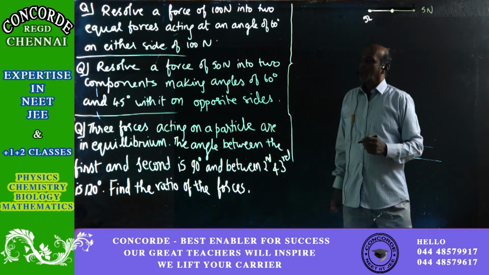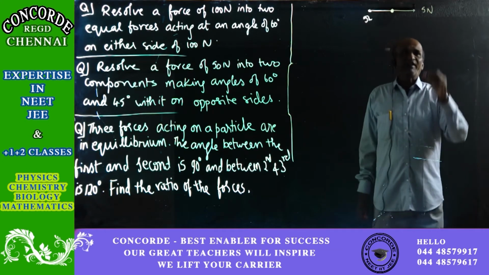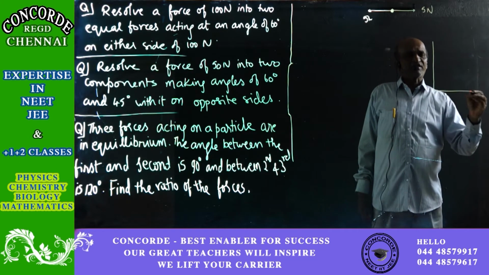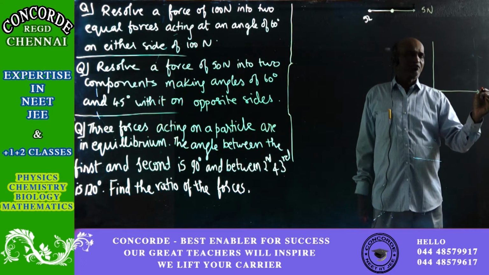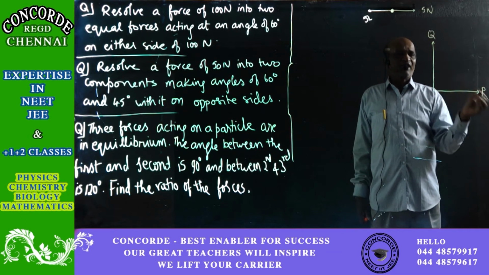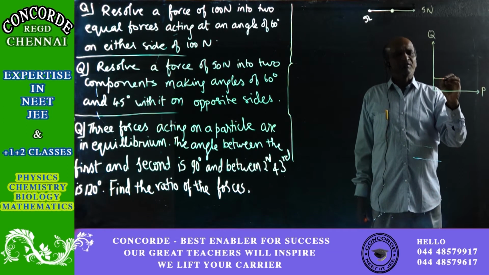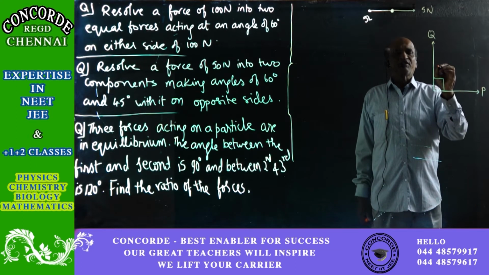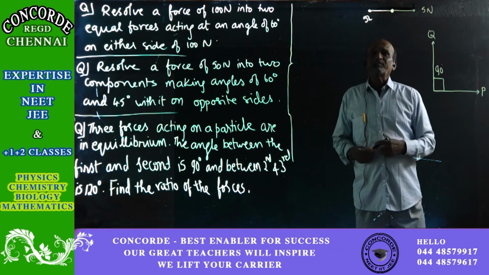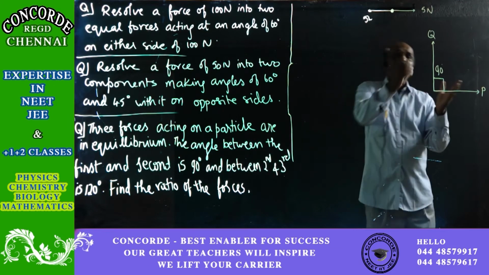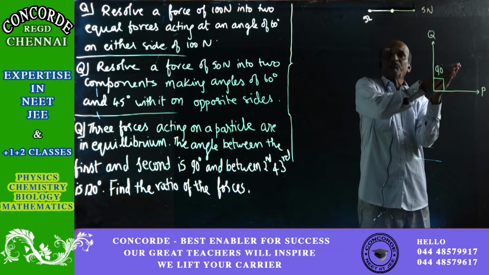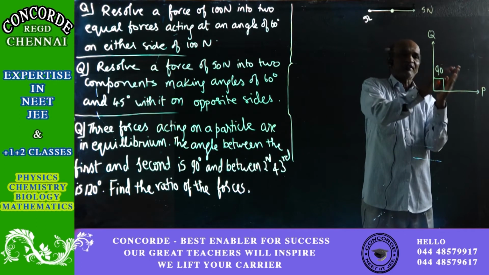So, now here we have got the question where it is given that three forces are acting on a particle. The angle between the first and the second is 90 degrees. So, the first force and the second force is 90 degrees. If one force is P, the other force is Q, and they are the first and the second force, angle between them is given to be equal to 90 degrees. Well, the concept that is to be understood here is that the resultant of these two forces, because both are acting outwards from this point, will be in between the two forces. Acting outwards, resultant will be in between.